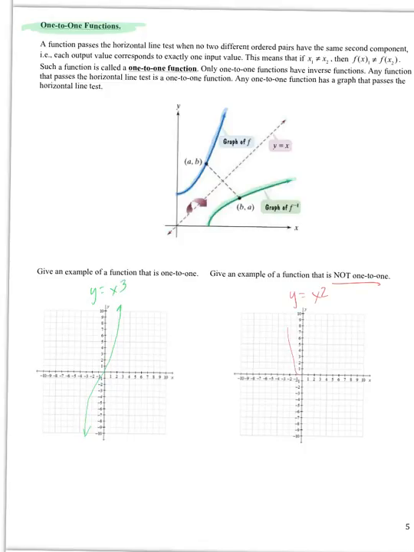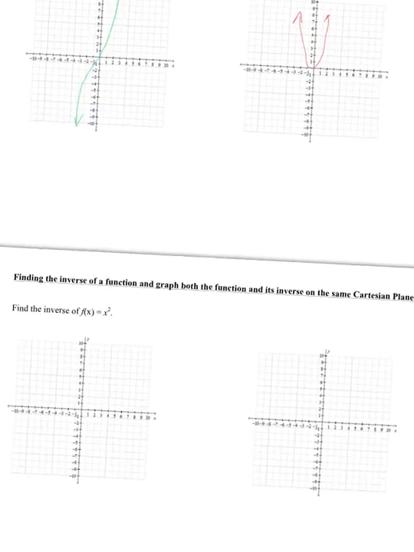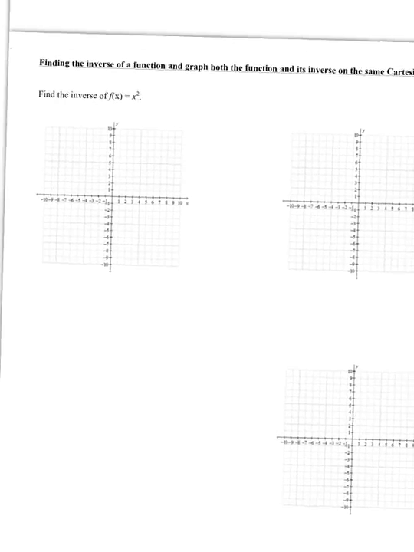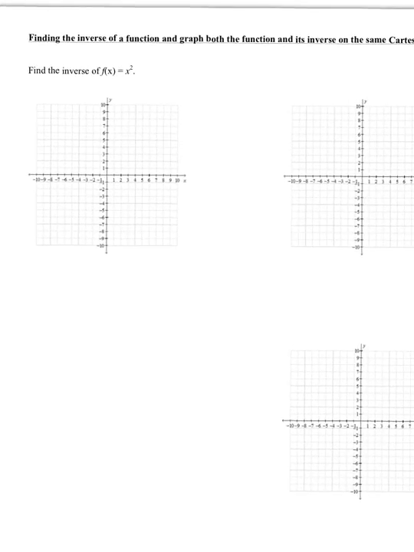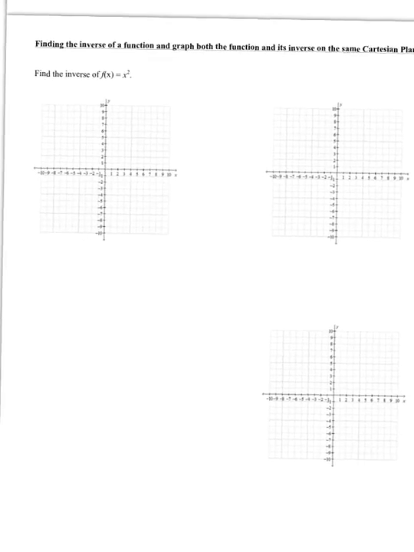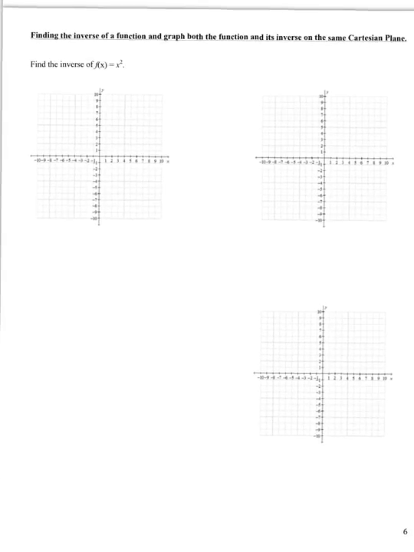In other words, a function that passes the vertical line test but not the horizontal line test. For a function to be one-to-one, it must pass the vertical and the horizontal line test. Now, can we find the inverse of a function and graph both the function and the inverse on the same